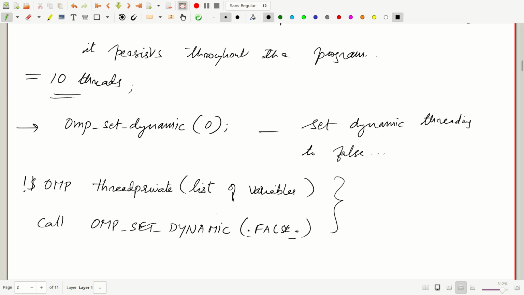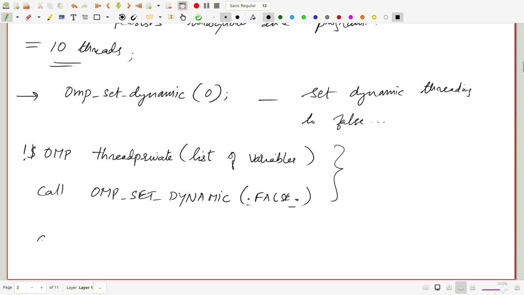Now I have a question for you. What will be the length of df/dx that you should set? If you have n values, should you set n by p, or should you set n? So you need to check that. Should it be like this or like this, so that every thread will get a copy of